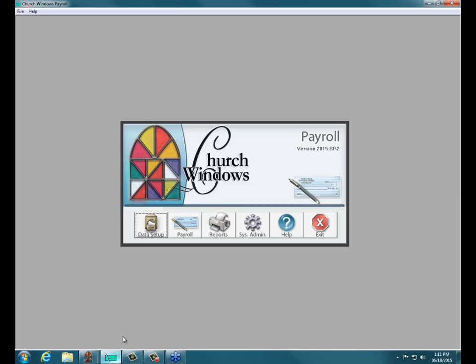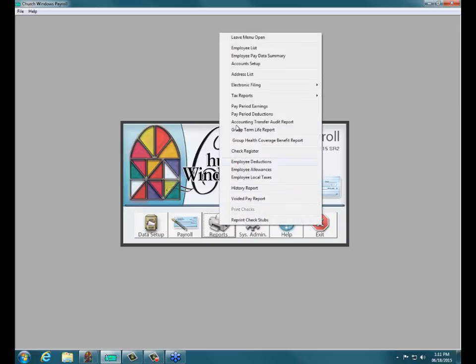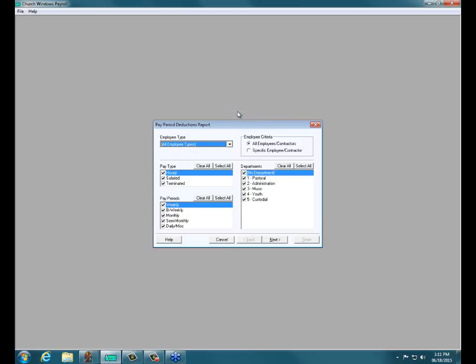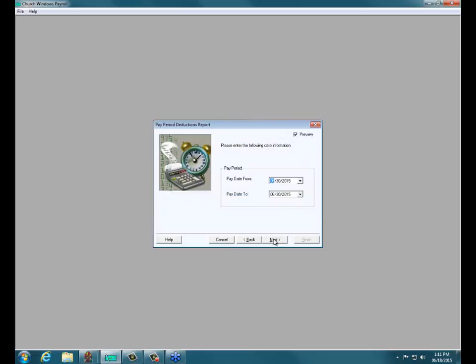Let's go back. I did promise that I would tell you another way to run the report to show your pay 941 totals for the period. If we go to Reports and Pay Period Deductions Report, we'll leave it as all of our employees here, and we'll go right to Next. So here we would enter, let's say we're going to do the February total. If you're semi-weekly, you would run it from February 1 to February 15th. Okay, so we're going to